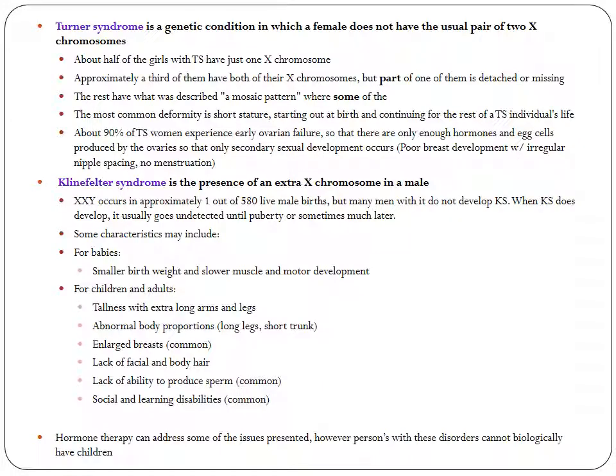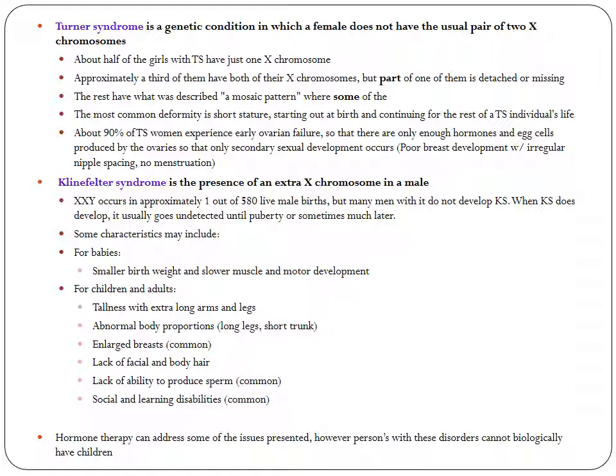Turner syndrome and Klinefelter syndrome, these are also chromosomal. You guys really don't need to know this outside of just a general idea. So Turner syndrome, a female doesn't have the usual pair of two X chromosomes. They might have what's called a partial or an incomplete one. Approximately a third of them have both of their X chromosomes, but part of it's detached. About half will have just a single chromosome. This is essentially the idea that genetically there's going to be some things missing. 90% of them are going to be non-reproductive. But again, that doesn't mean that there are going to be some that have Turner syndrome and are still able